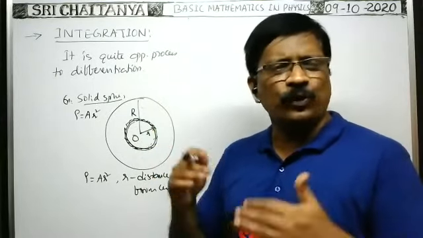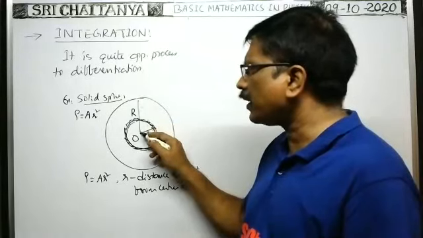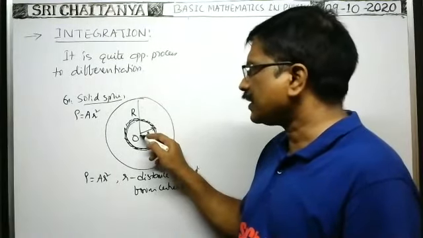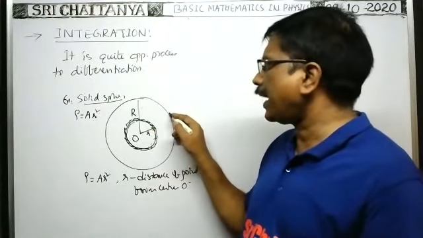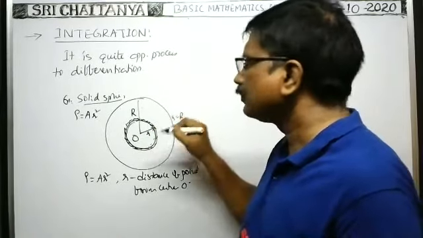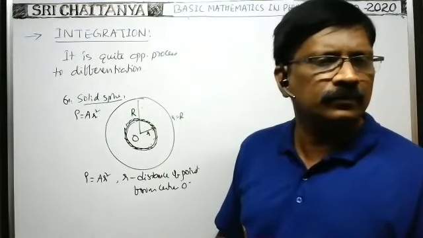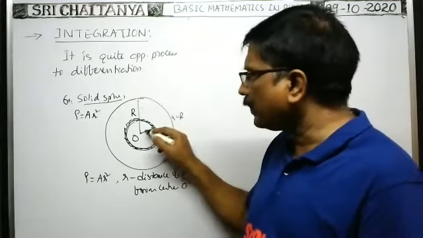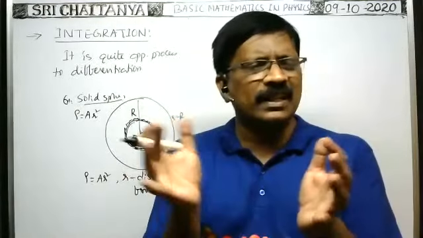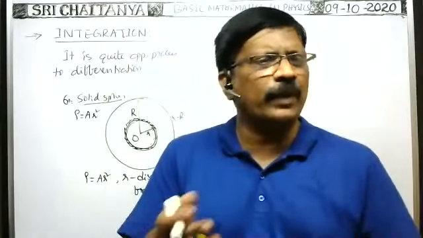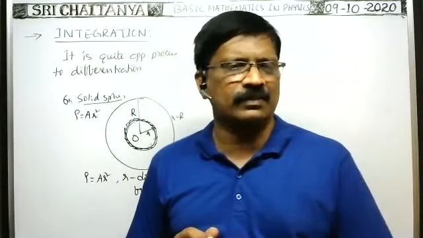In such a case, in order to find the mass of the entire solid sphere, we can imagine this entire solid sphere as a combination of a number of such spherical shells, from small r equal to 0 to capital R. We can imagine this solid sphere as a combination of a number of spherical shells with many different radii. If we arrange all the spherical shells together, it becomes a solid sphere. That's why a solid sphere can be imagined as the combination of a number of spherical shells.